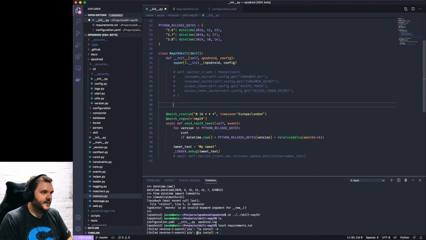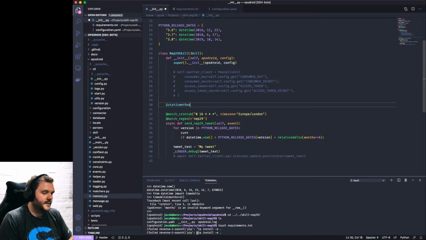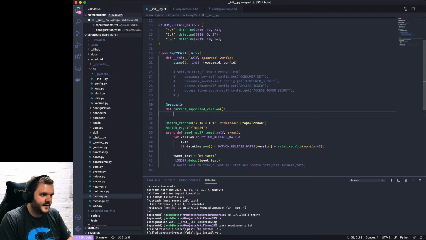I might even just make this a little function somewhere. Let's go static method def current supported. No, this will be a property. Property current supported version of Python. I like a static property actually, don't I? Anyway, let's have this property.